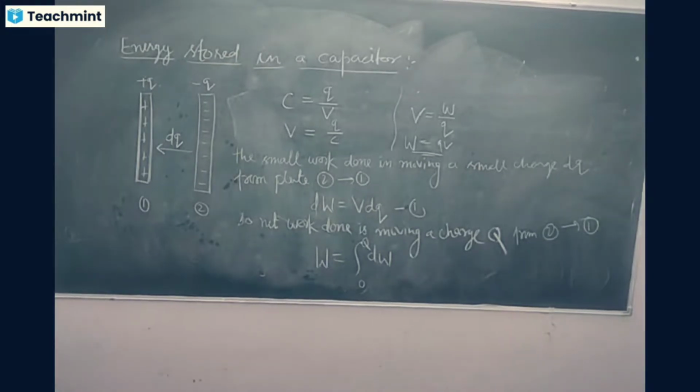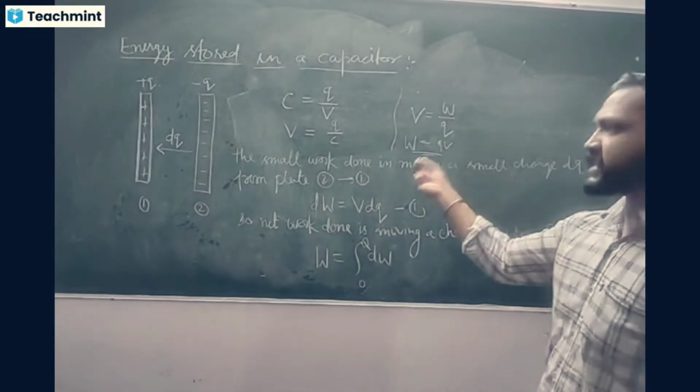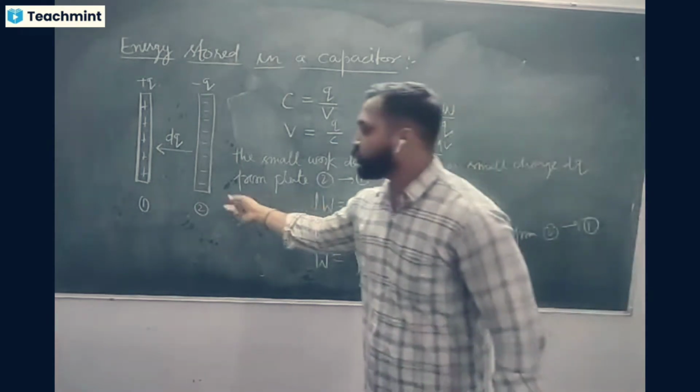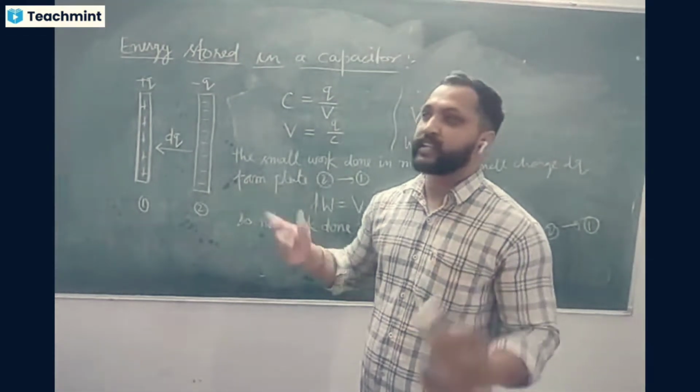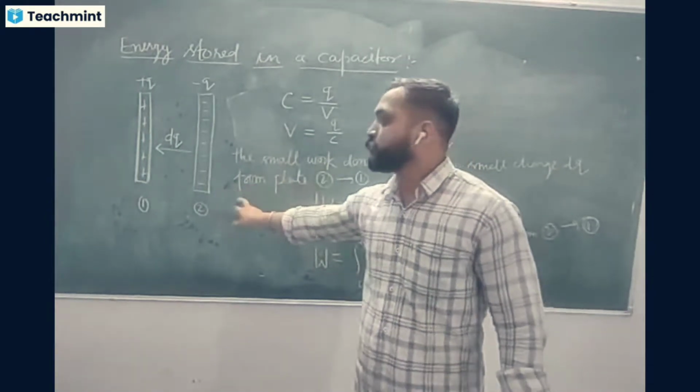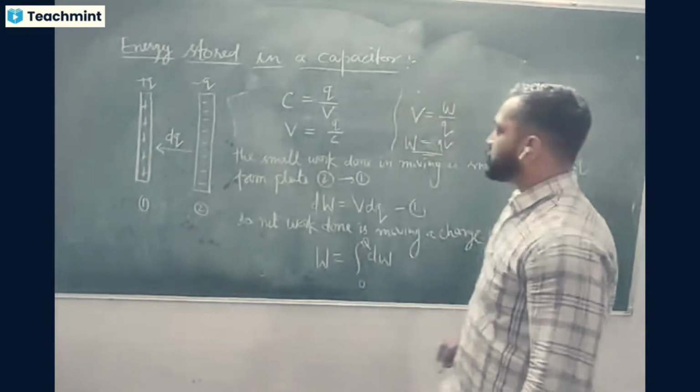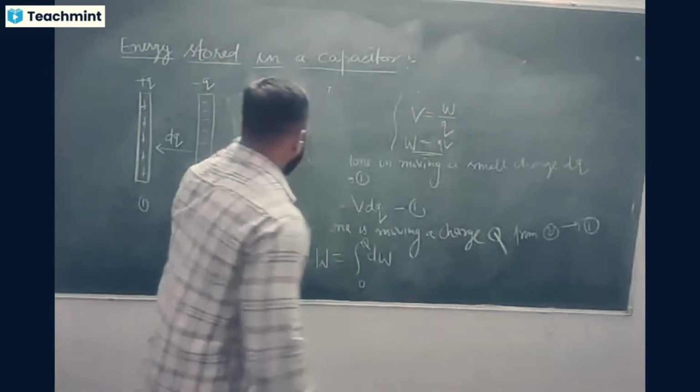So I hope you have noted down everything. What we are doing, we are just sending a very small amount of charge from plate 2 to plate 1. Then we are sending a large amount of charge. So the net work done in moving the large amount of charge from 2 to 1 will be stored as energy. Now if you put the value,